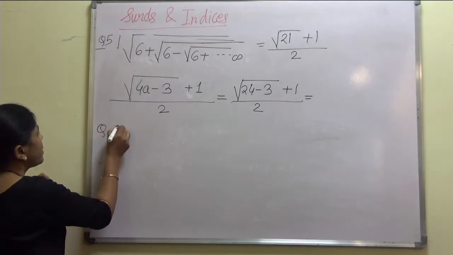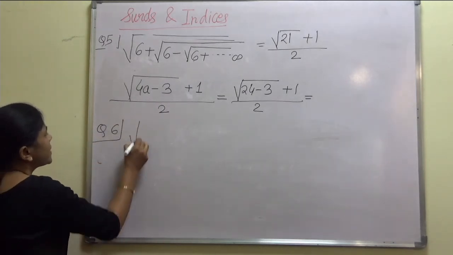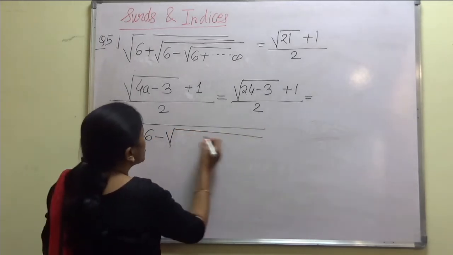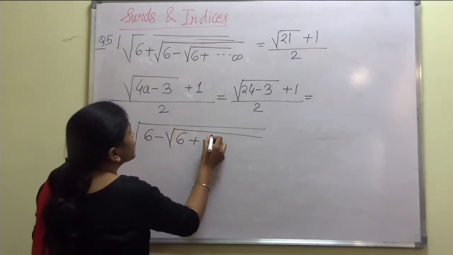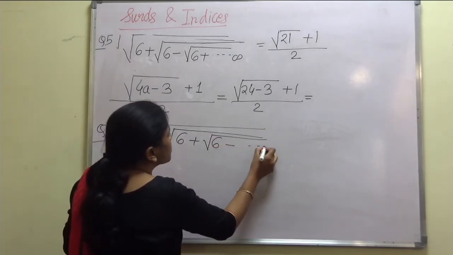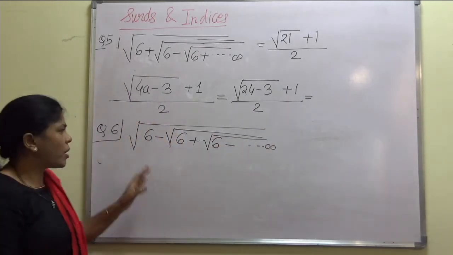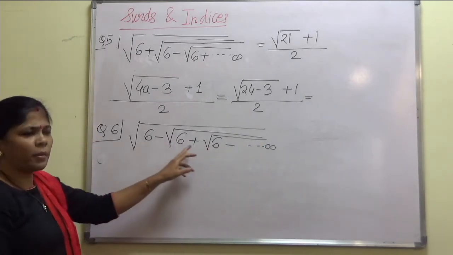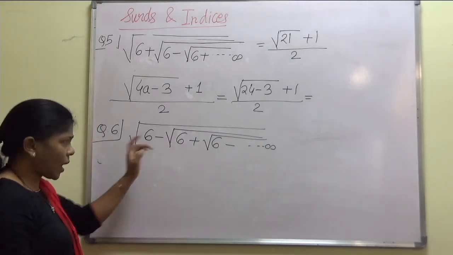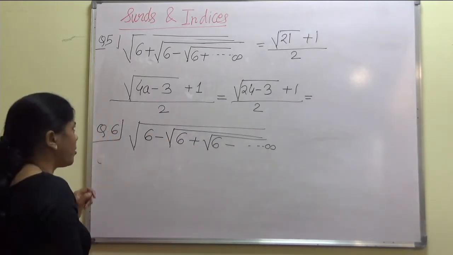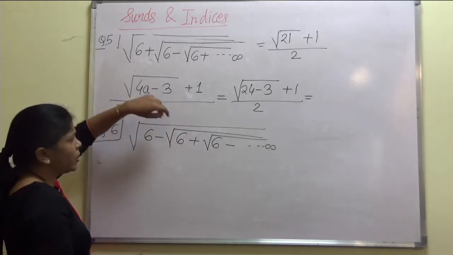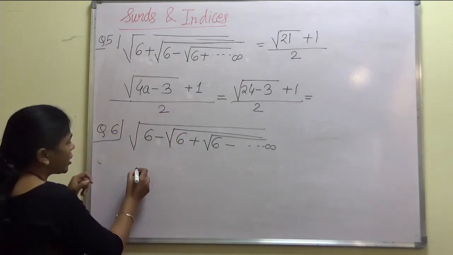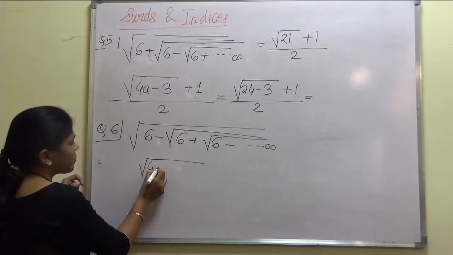So let us have another example. The other example is under root of, suppose I have the same example but with a slight change. So what are we observing? Again I have alternate plus minus signs, okay? Same base number, right? And infinite number of terms. So what will be the formula for this? Just now I told you, we will look for the first sign over here and accordingly we will change the sign. So what will it be? The formula for this becomes 4a minus 3.